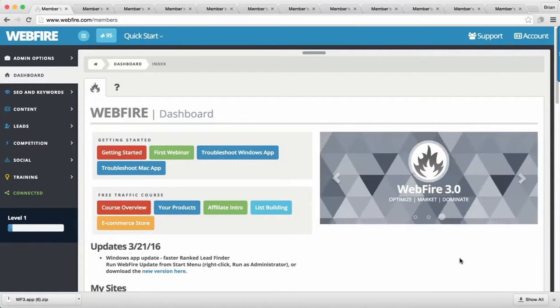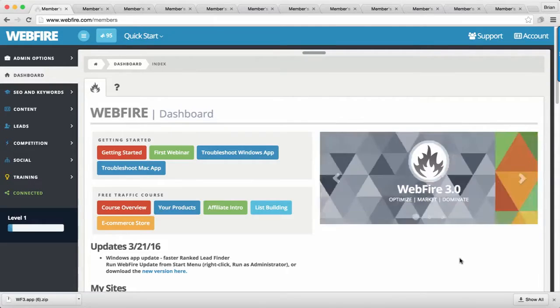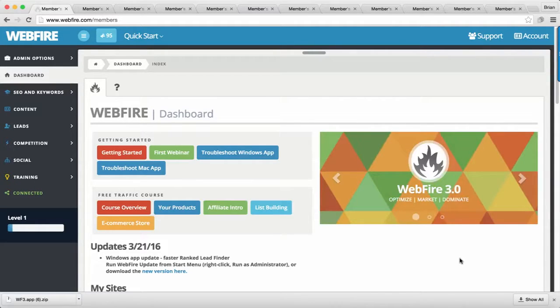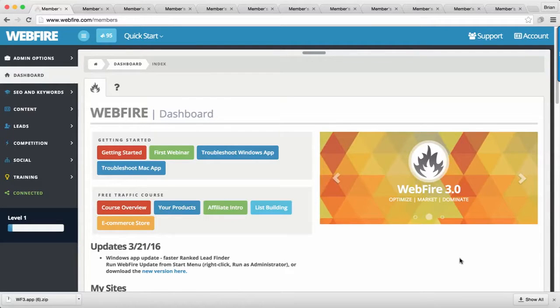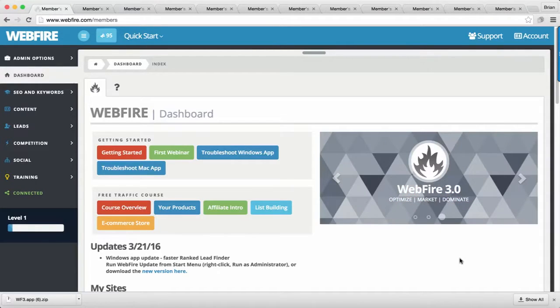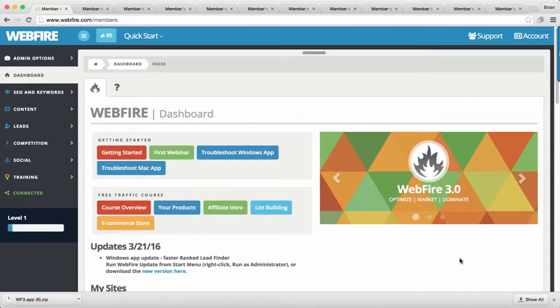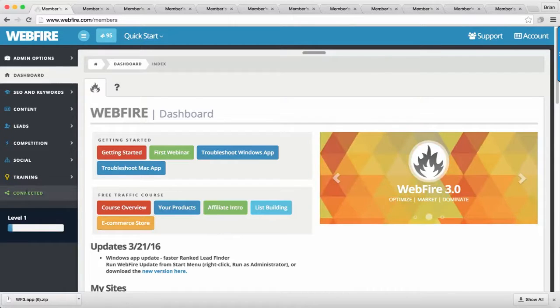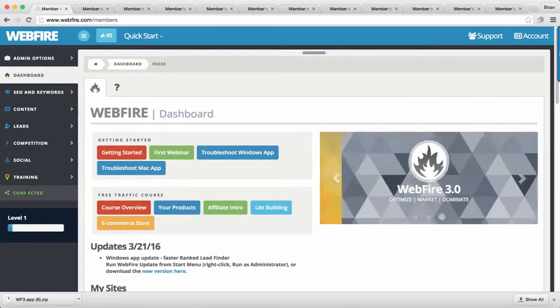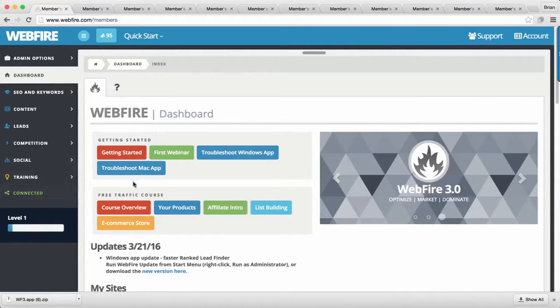So when you first log into Webfire, you'll see something like this main screen right here. One of the first things that you'll have to do if it's your first time logging in is download the desktop app, whether you're on a Mac or a PC. If you already downloaded it and opened it, you'll see a little icon right here on the left side in green that will say connected. If not, it will say that you're not, and you'll have a little pop-up right here that will prompt you